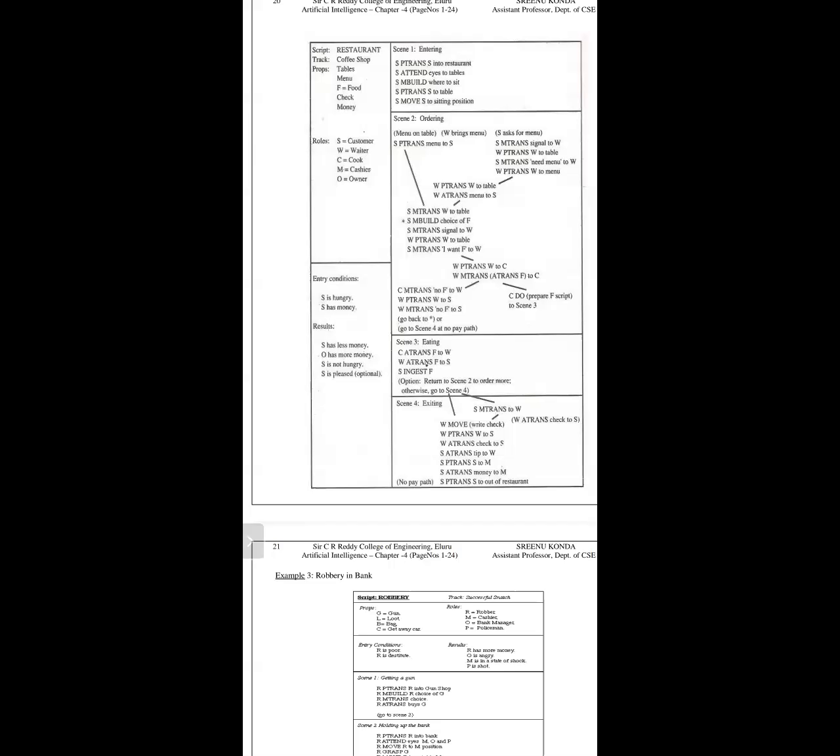Okay. Next. So here three things are there: menu on table, W brings menu, and S asks for menu. Okay. Now see this one. So SP trans menu to S. That means the customer, the